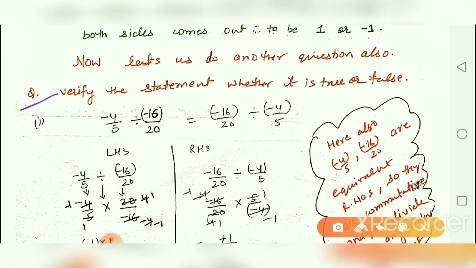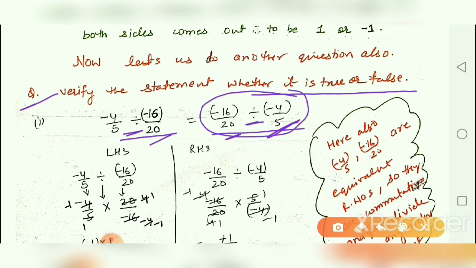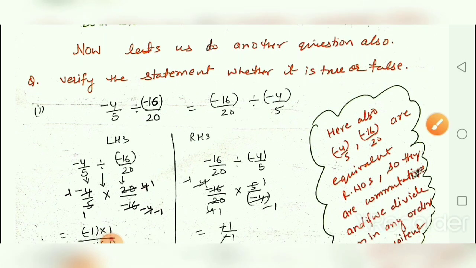Here is the question. This is an extra question. Verify the statement whether it is true or false. So here I have taken -4 by 5 divided by -16 by 20, and on right hand side -16 by 20 divided by -4 by 5. Here again it is a division sign and we have reversed the order. Here also